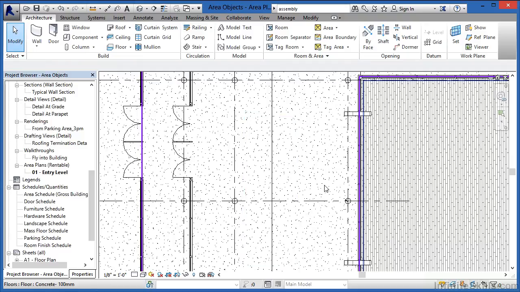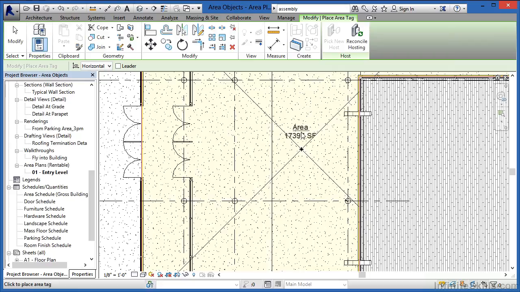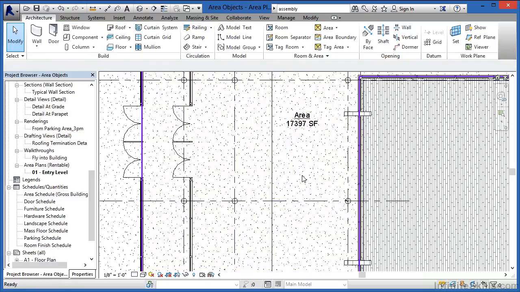If we need to place a tag again, or if we go into another view where that tag didn't exist, you can always go to the tag area, select on that, move the tag, and then whenever it's touching one of the area objects, it'll automatically give us the square footage for that specific area object. And in this case, I'm just going to click in order to place it in, hit escape a couple times on the keyboard to get out of the command, and now that area tag is in.